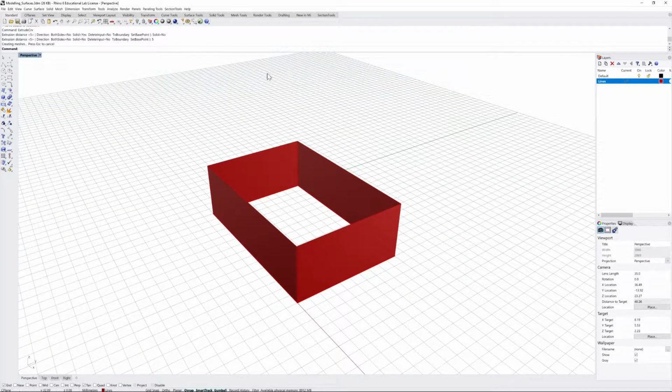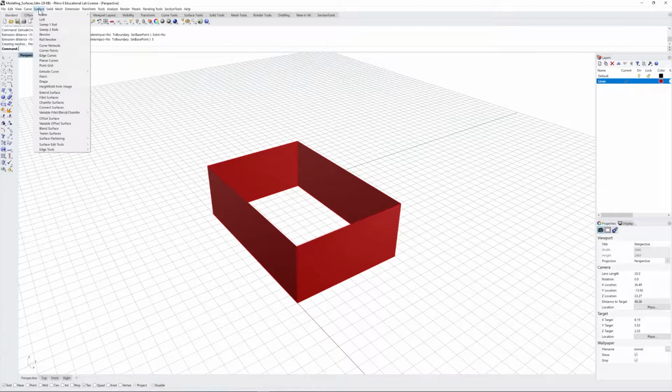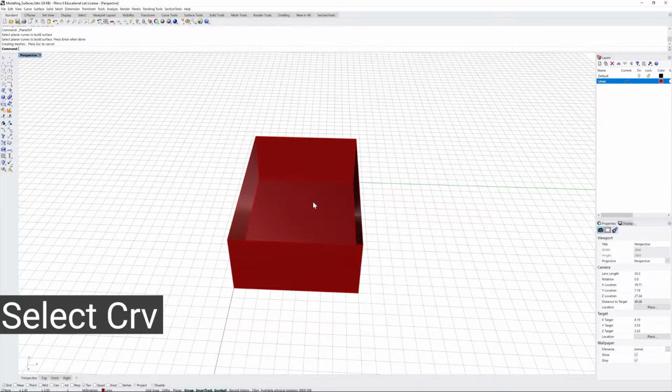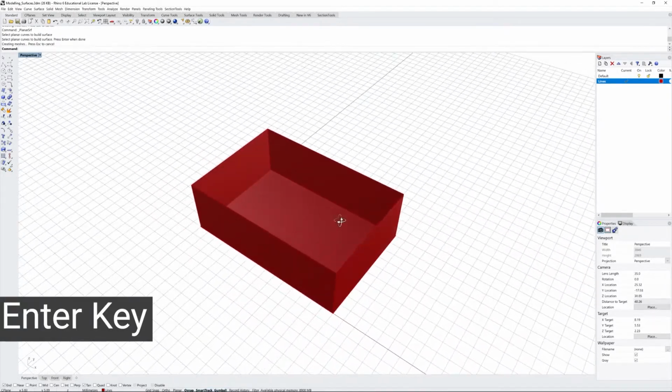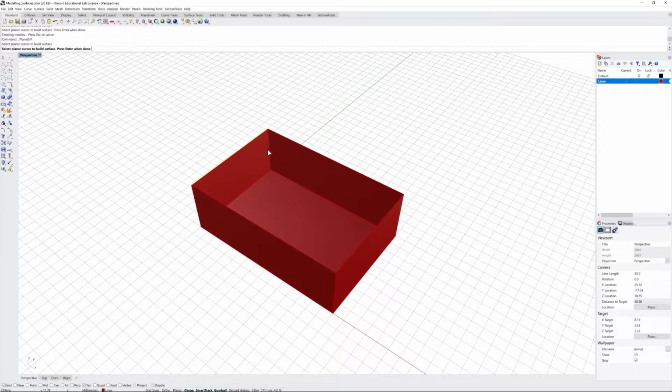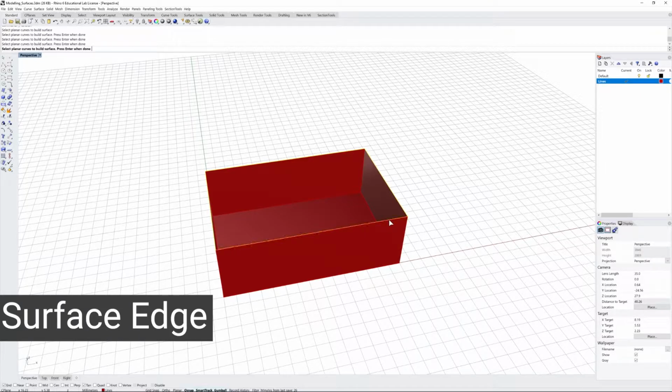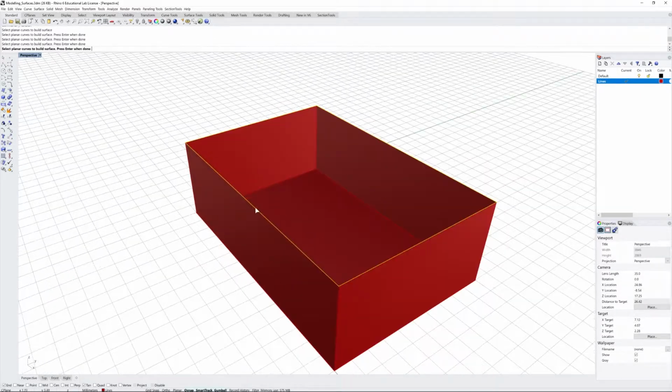There are different ways how to close surfaces. One of them is in Surface tab. You can select planar curve. So here you can select the curve itself, and it will create it straight ahead. Or you can also select the edge of the surface. Rhino will also identify this as a curve, and it will allow you to always, when it's planar, to execute